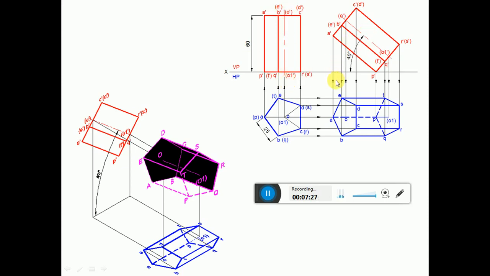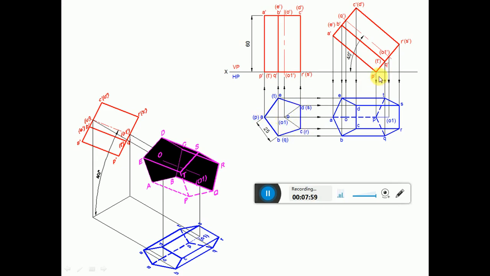Now since this is the true length and also the inclination is given as true inclination, therefore you copy the first position front view here by keeping P dash on the XY line such that the axis makes an angle of 40 degrees. So you rewrite the first position front view such that the axis is inclined at 40 degrees to HP. Because he says it is resting on a corner, this point is a corner whereas this point is an edge. When you look from the top view, you can see this is a vertical line, so it's an edge. This is a point, which is a corner.